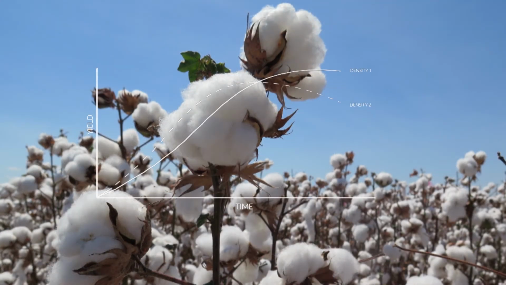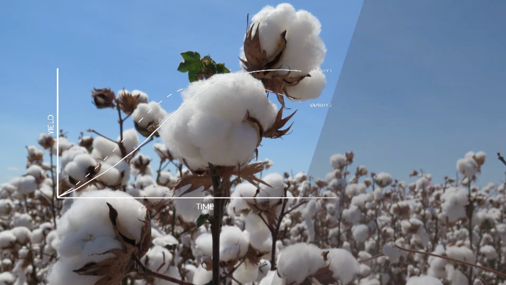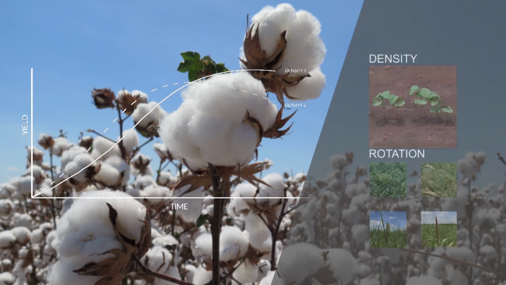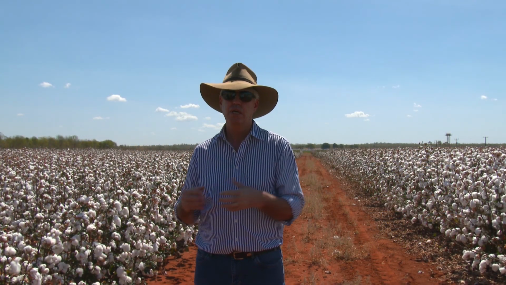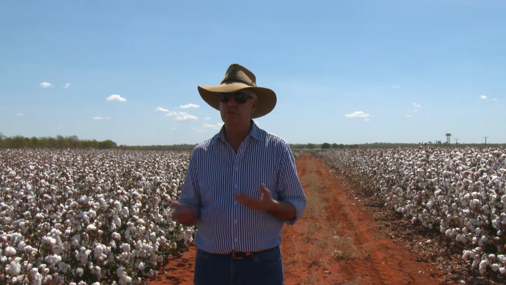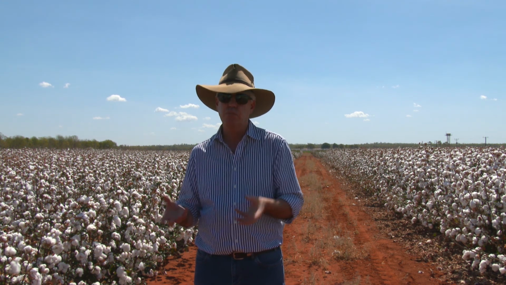You can also start varying plant densities and plant populations, and you can start modelling that. So once you've optimised it on the model, you can then test it in the field to see if that model is validated, or if there's a factor it's missing, and you have to go back and tweak the model